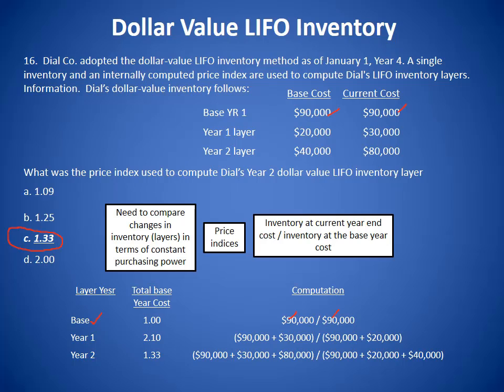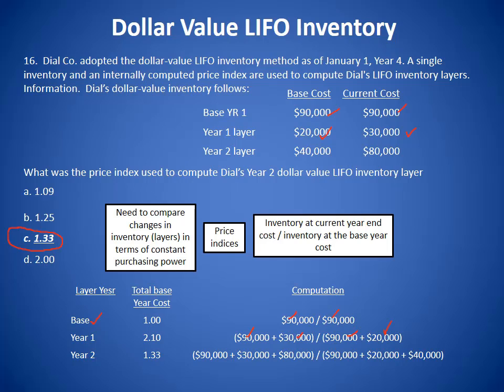Now we go to the year one layer, and in this case, again, we chain it. We take the $90,000 base year divided by the $90,000, but now we have to add our year one layer. Our current cost is $30,000, and that is divided by the quantity, $20,000. So year number one comes up to